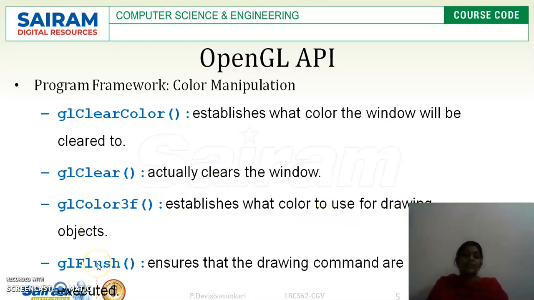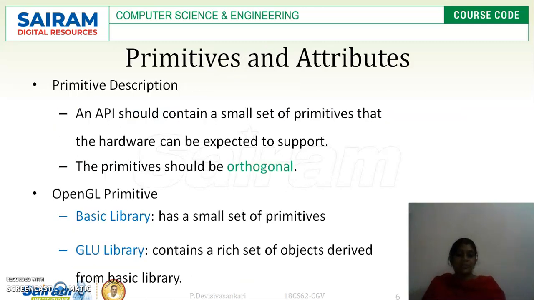And finally we will be using the glFlush function, which is used to ensure all the drawing commands are actually flushed out by the OpenGL. Otherwise, it will take more amount of memory again and again. Okay, so whenever the object creation is over, we have to just flush out the entire thing so that it will automatically get refreshed, right?